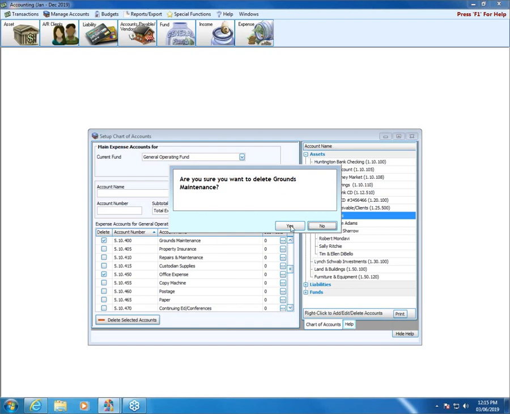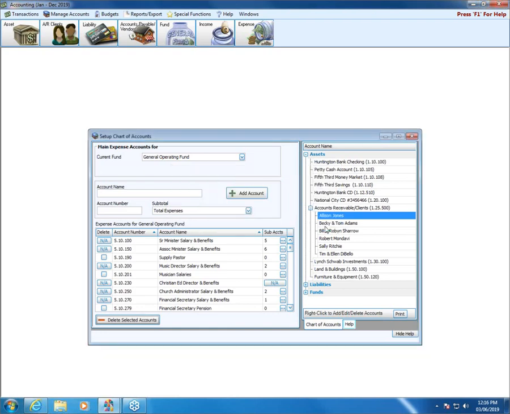So we're going to say yes to deleting grounds and maintenance, but then here it is asking us, oh no, I didn't mean to check to delete office expenses. I'm going to click no on that, and it won't delete my office expense. The thing to keep in mind about this, folks, is